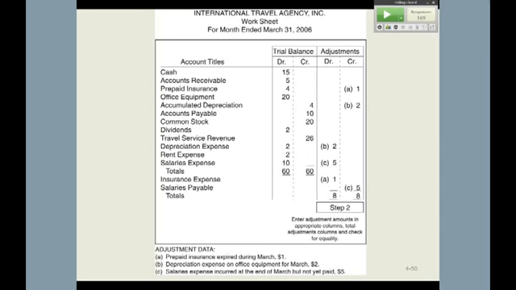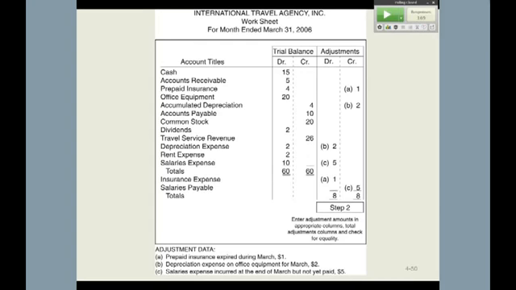Accounts payable didn't change, common stock and dividends didn't change as well. Travel insurance revenue is 26. Depreciation expense started with 2. You depreciated an additional 2, and now it's at 4. Rent expense comes across at 2, and salary expense started at 10, and you accrued an additional 5, and that would be 15. And then insurance expense had nothing at the beginning of the year, was adjusted for $1, and there's $1 in the debit column of the trial balance, and salaries payable did not exist, and as a result got opened up in the adjustment process, and that is now extended.